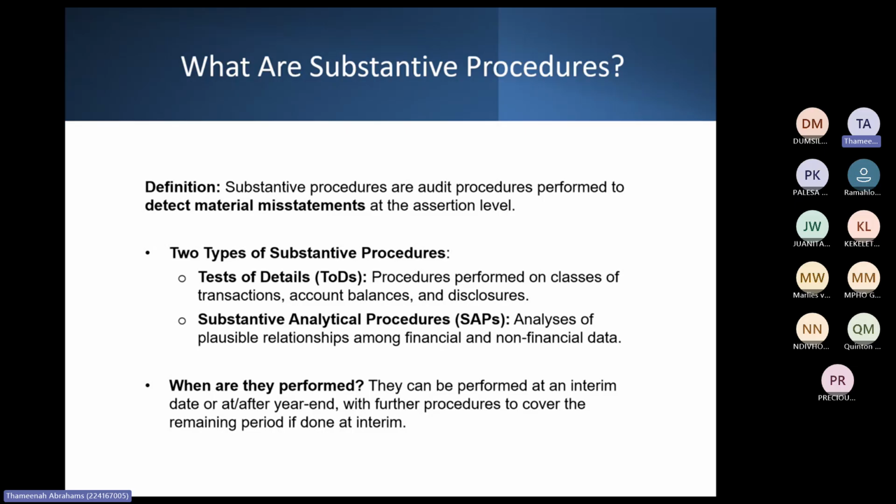Then of course, the client can tell you, oh no, we maybe had more sales in summer because we had a sale on our winter clothes just before winter started, or whatever the case might be. But then of course, you also don't take the client's word. You have to corroborate what the client says by actual physical data. They must give you, for example, the advertisement that there was a sale running within summer for this period, or whatever the case might be. Because remember, as an auditor, you don't just take the client's word, they have to provide proof for what they're saying.